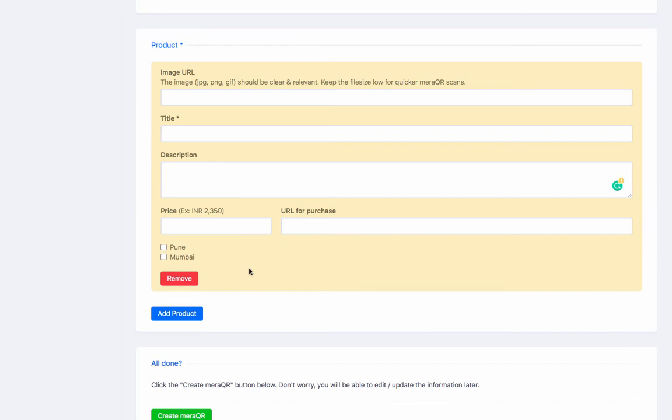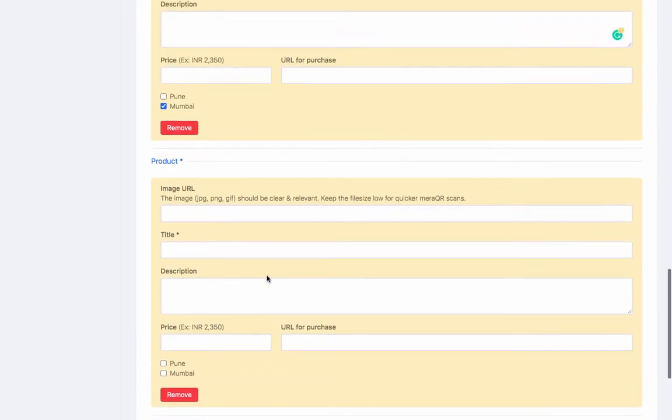So when your customer scans the QR code, and let's say you had selected Pune while creating it, if the customer is from Pune, only then would he or she be able to see the product availability. Or if you had selected Mumbai, then only a customer scanning from Mumbai would be able to see this. We're adding a lot more features here. So when you actually log in, you may see multiple options here, but they would be fairly easy to understand. You can add unlimited products here.